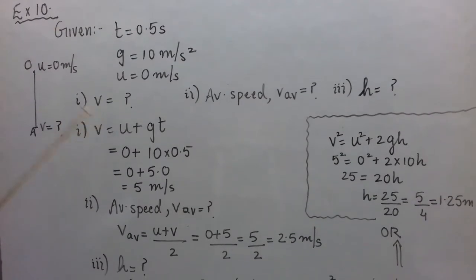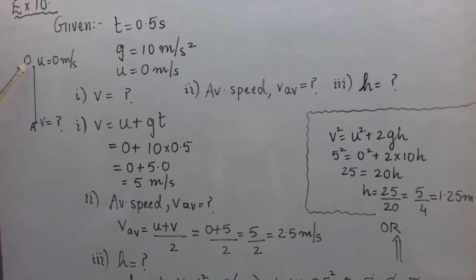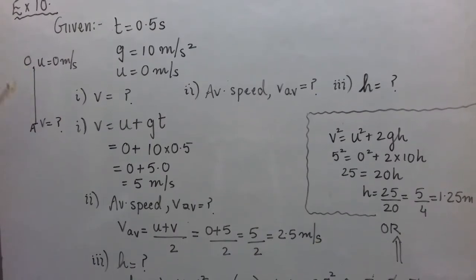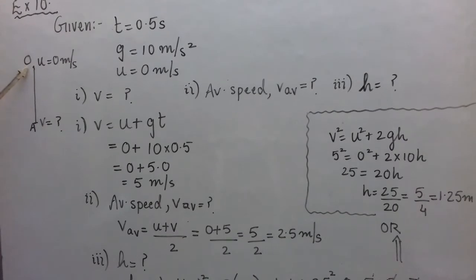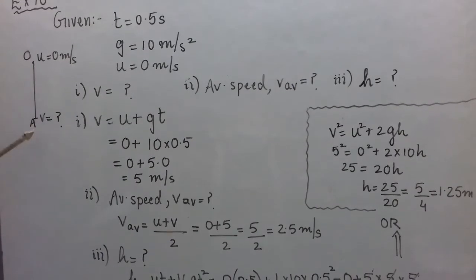Speed on striking the ground. So I have drawn a rough diagram here. Let O be the point from where this car drops, and then it is the case of freely falling motion, freely falling body. So let us say it goes vertically downward like this, and A is a point on the ground where it strikes the ground.